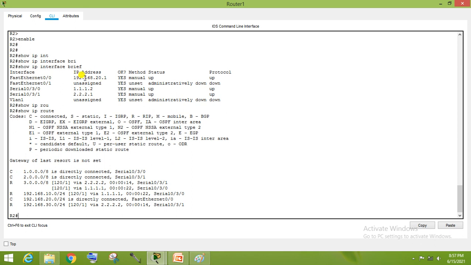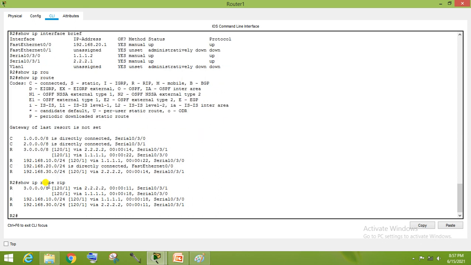You can check here, there are 3 directly connected routes on this router only. That is 20.1, here is 20.1. This is one network, this is one network, two networks. Now you can check the 3.0 network. It learns it. You can check this router learns the 3.0 network by 2.2.2.2 and by 1.1.1.1.